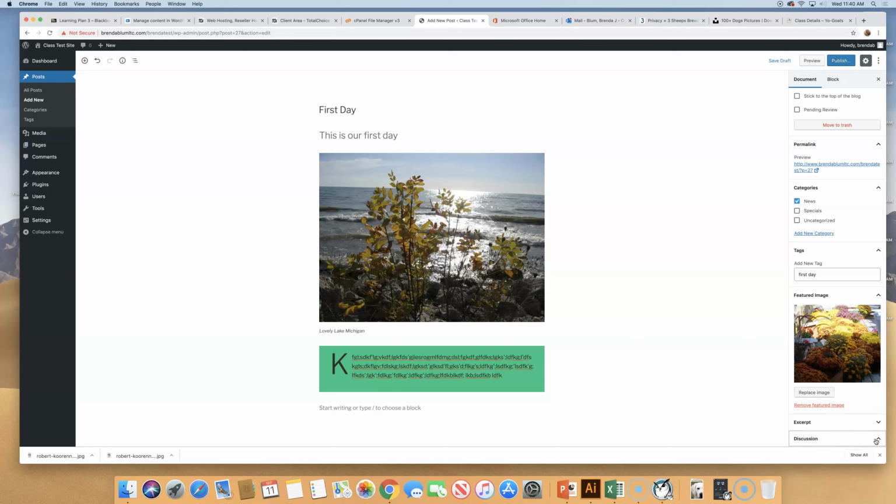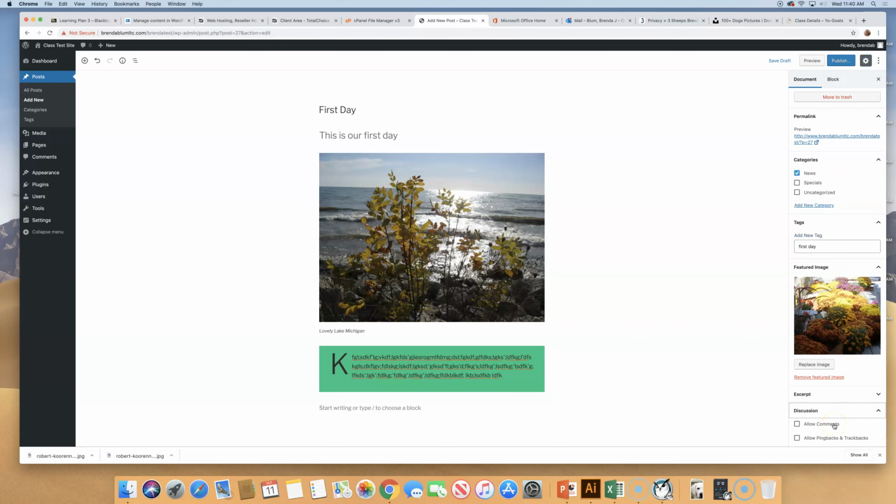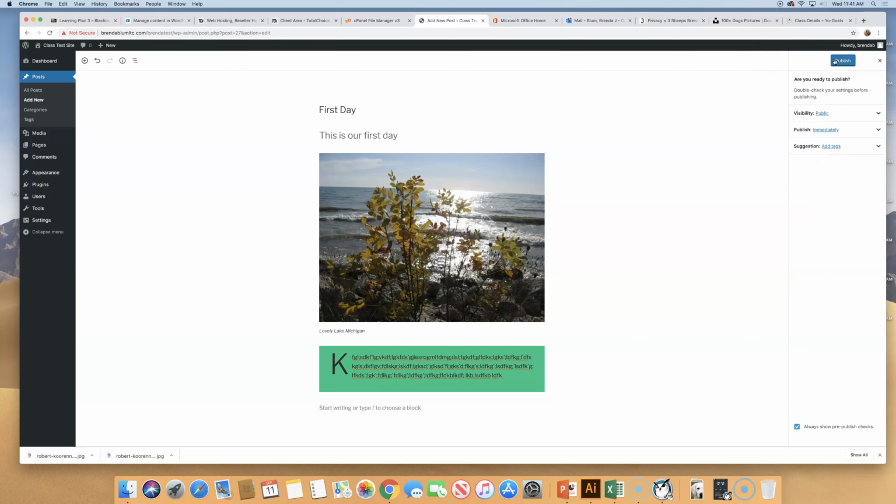All right, discussion. Do you want to allow comments on this page? If this is one that you do, you could check it. Here's where it's page by page. Pingbacks and trackbacks, that's where you have links to other sites, and if they're mentioned or they mention you, you get notified. That has a lot of spam implications, so leave that off. If this is a page that people can comment, let's pretend it is. Let's turn it on for this page. If you want to preview it or save it as a draft, you would choose these options, but we're going to go ahead and publish